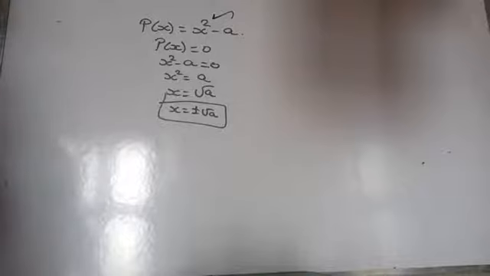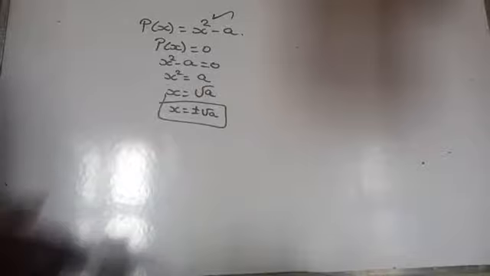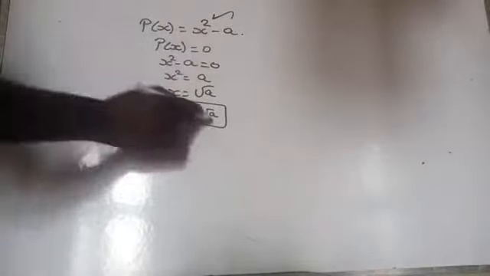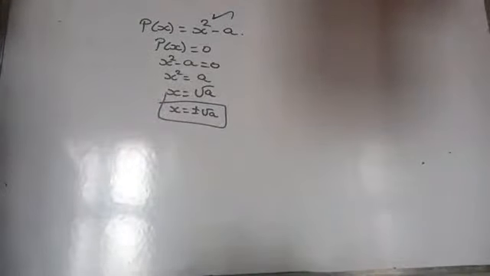At most 2 zeros you will get. Are you getting there? Yes. So, what is the procedure to find the zero? Just equate the given polynomial to 0 and solve for the variable. Here it is x. Solve for x. You will get 2 zeros if it is a quadratic. If it is a cubic, then you will get at most 3 zeros. Am I right?